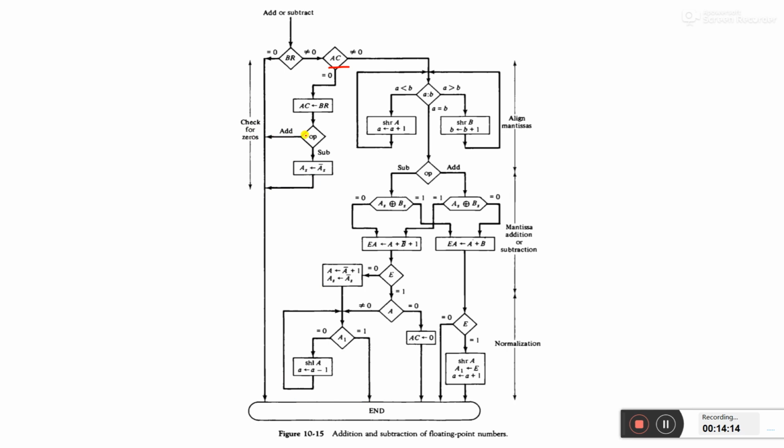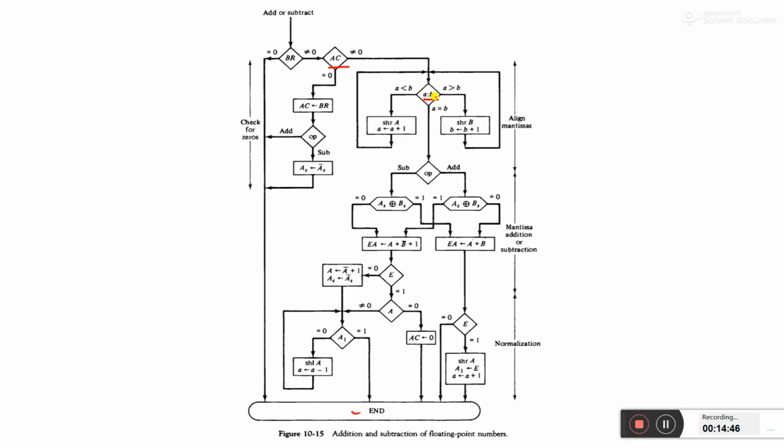If it is addition, then the answer is provided directly. If it is subtraction, then we need to convert the sign, and then complete the algorithm. If BR is not equal to 0 and AC is also not equal to 0,